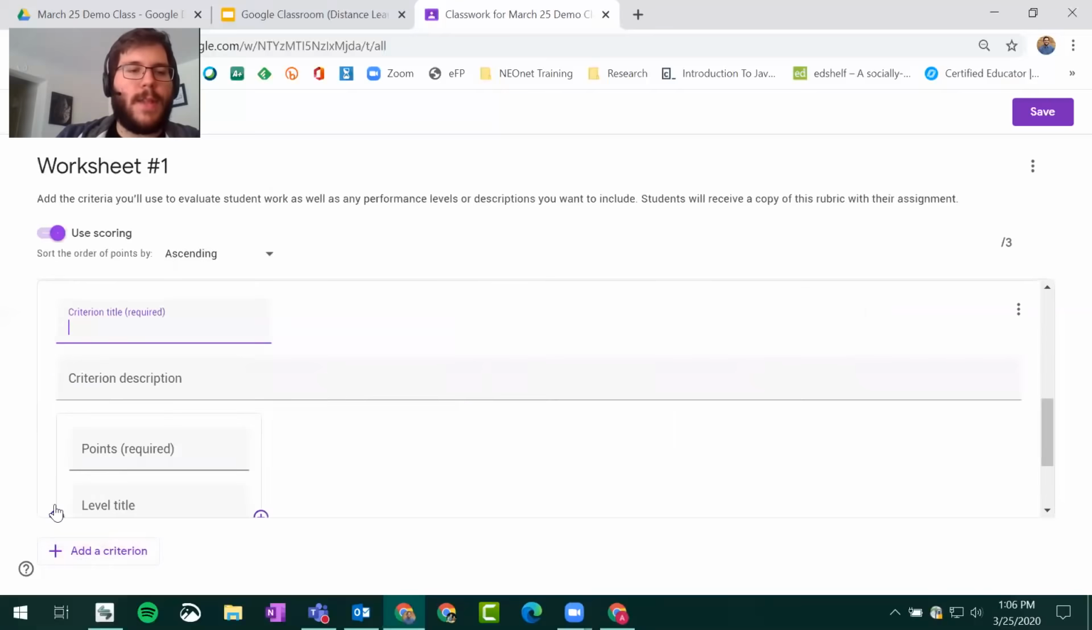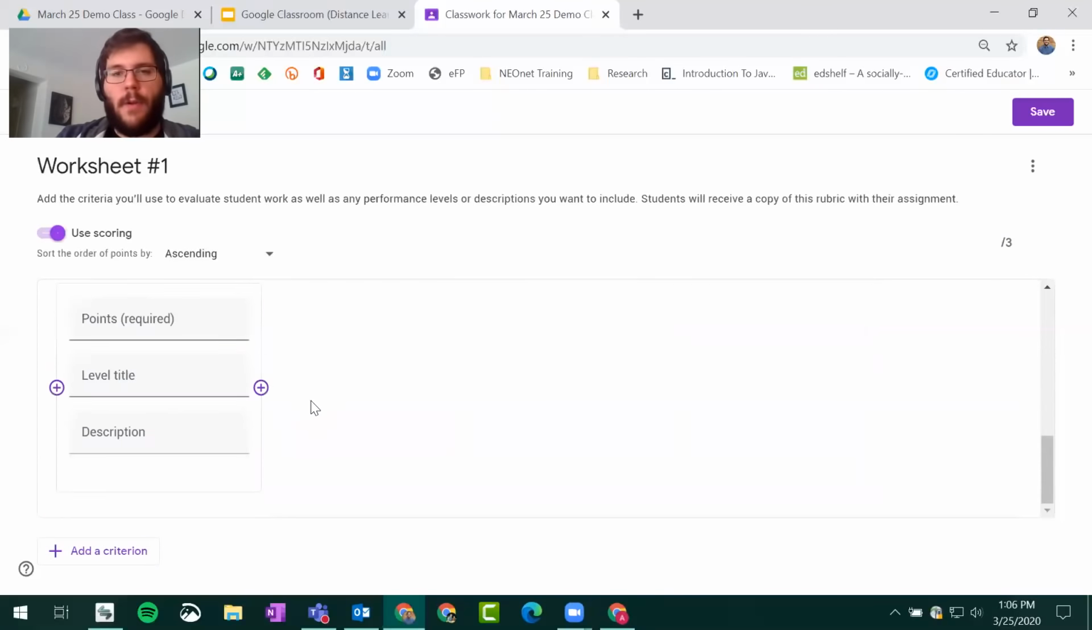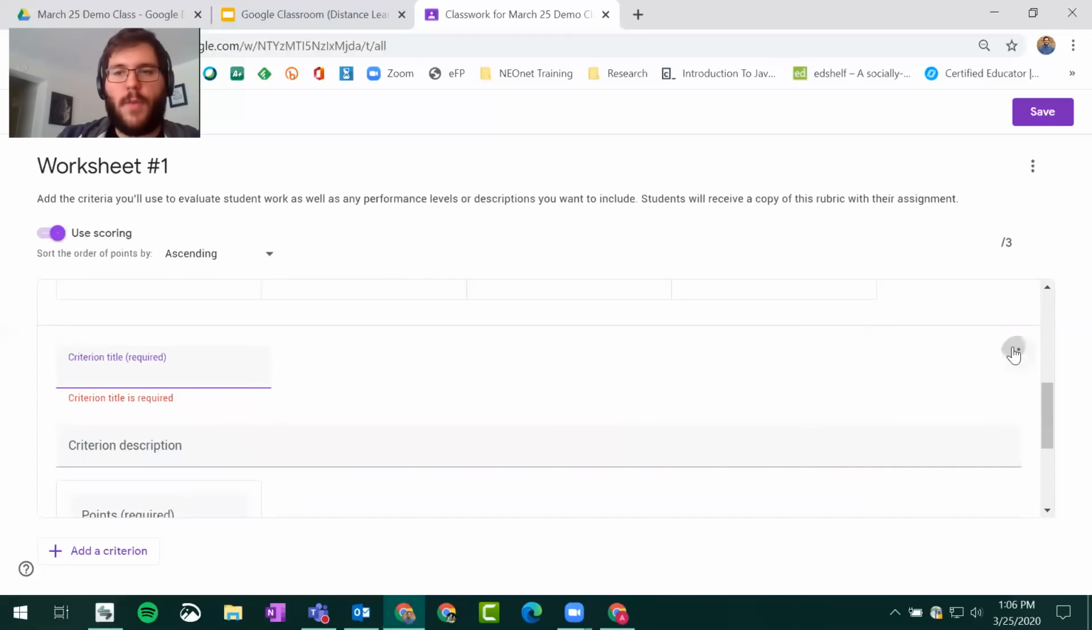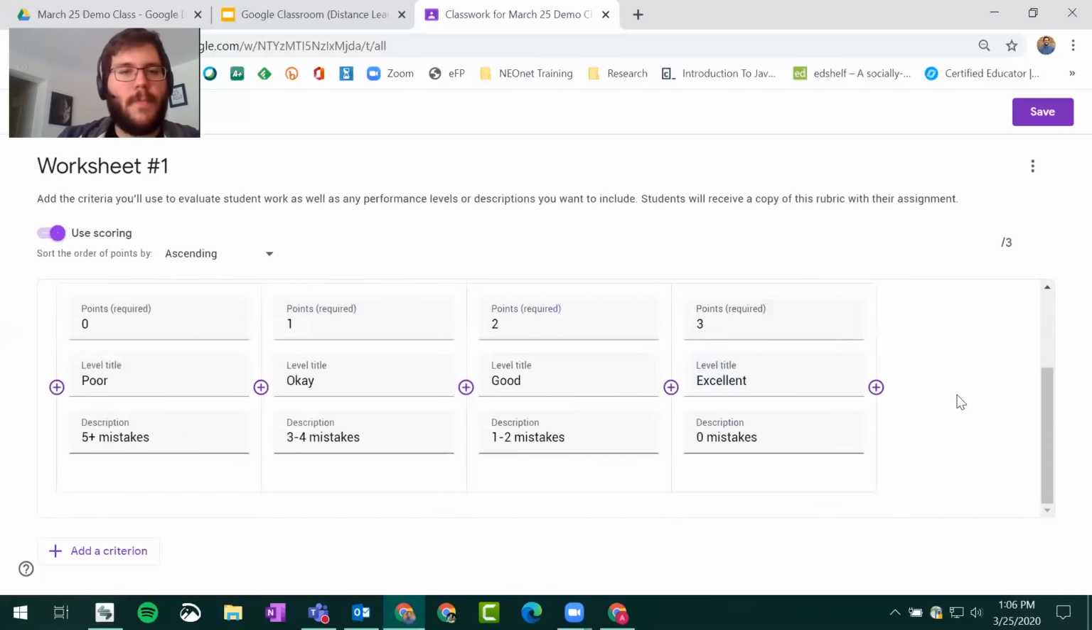If I want to create another one, down below that, I can click on Add Criterion, and then I can make a whole other list of criteria here. For our purposes, I'll just do the one here. So I'll just delete that one there. Okay, so there's our criteria. We have a nice little easy